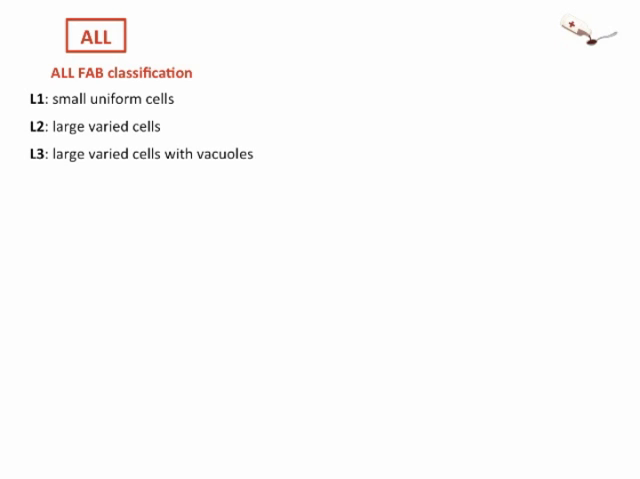Let's talk about ALL. Okay, ALL, similar to AML, has a French-American British classification, and it was classified L1 to L3. L1 is again very immature, small uniform cells. L2, large varied cells. And L3, large varied cells with vacuoles. Really, this classification we don't use anymore, but we use the WHO classification similar to AML, and this gets classified